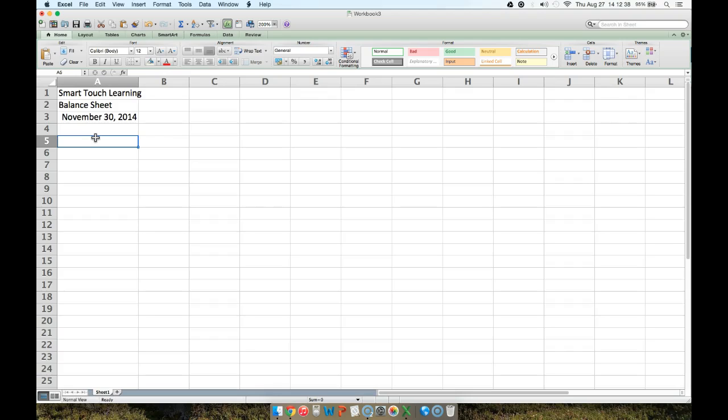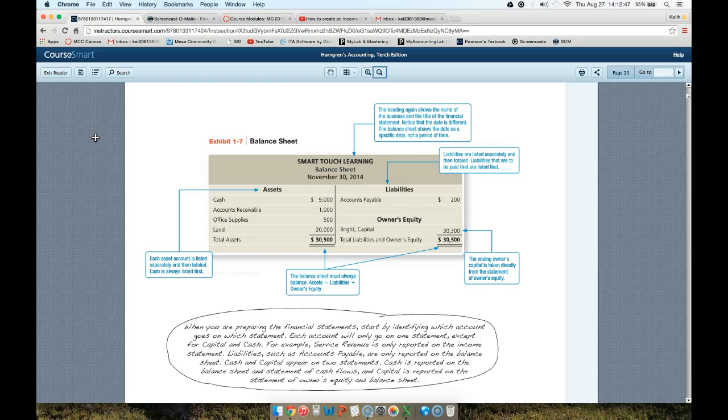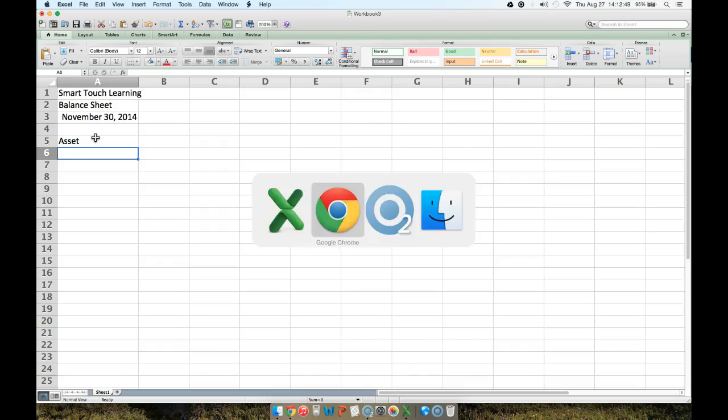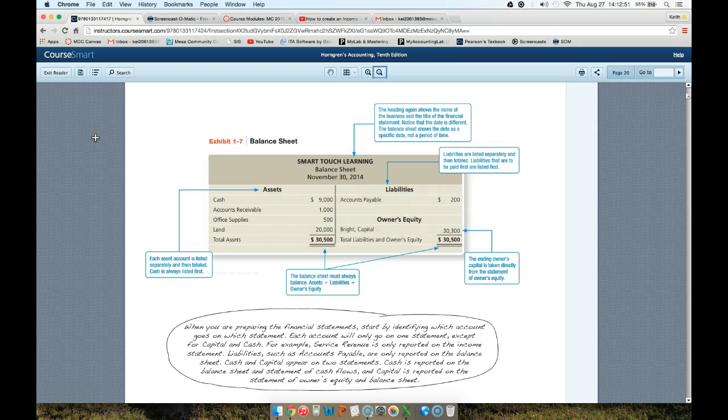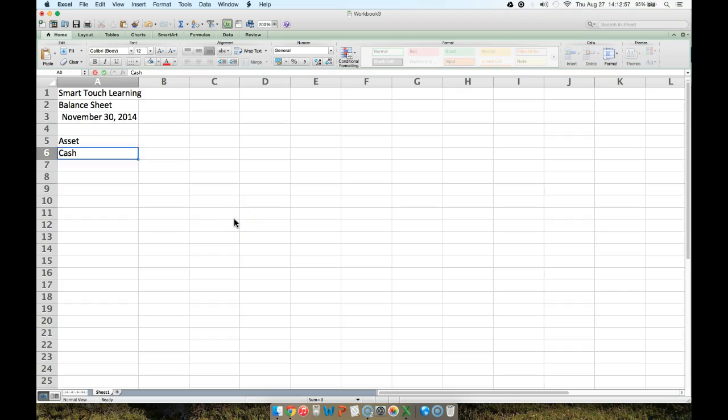Okay, now onto the body of the report. We start with the assets. We have cash, accounts receivable, office supplies, and land for all of our asset accounts. So cash, accounts receivable,